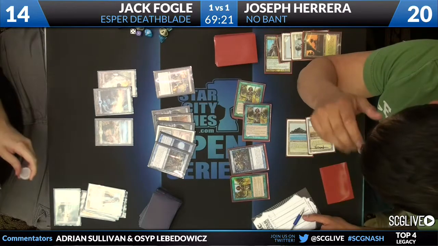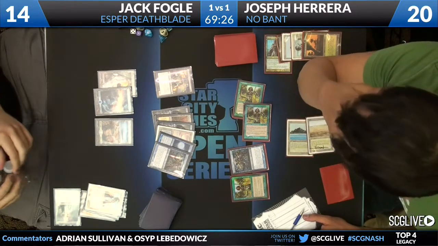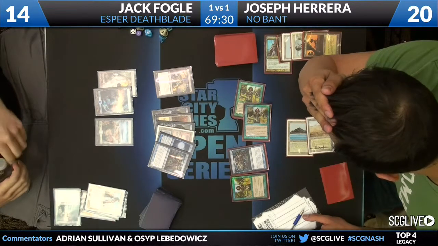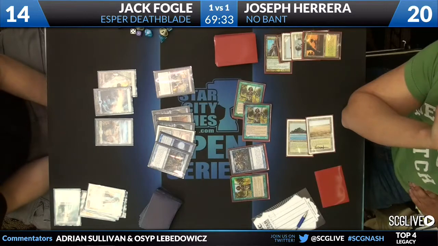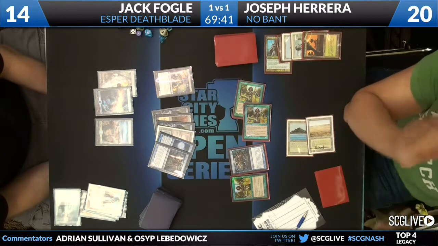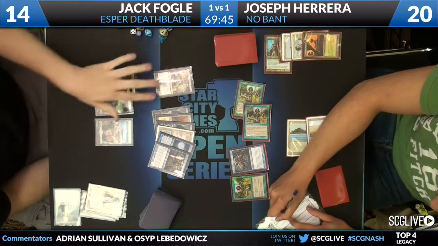Fortunately, because Jack was playing around Wasteland, he doesn't have access to double blue. He has all basic lands in play, so he wouldn't have been able to respond to the Vendilion Clique with his own Vendilion Clique. So at this point, we've been watching that Dark Confidant just eating things up here. Yeah, I actually really like taking the Vendilion Clique here, just because even if Jack does tap out for Jace